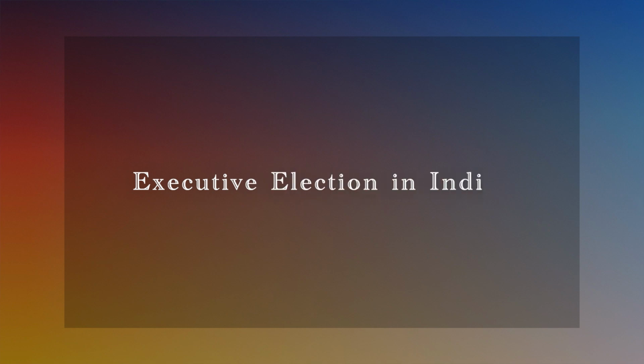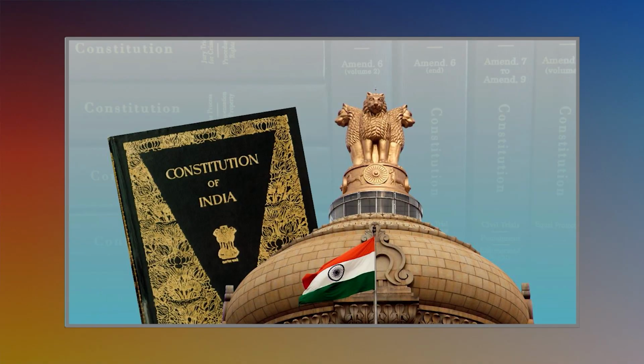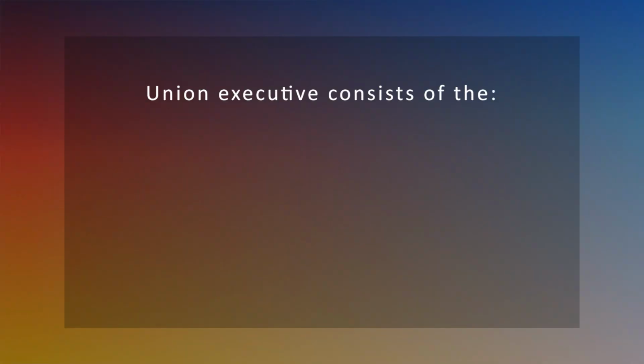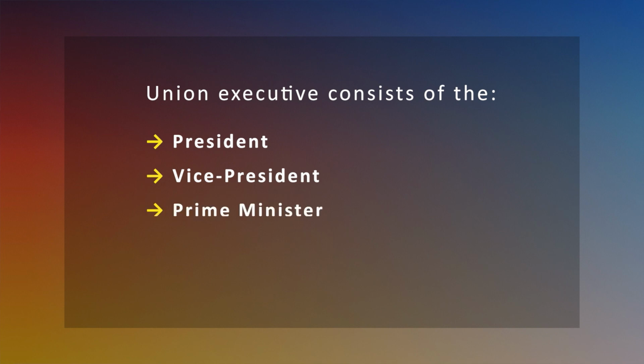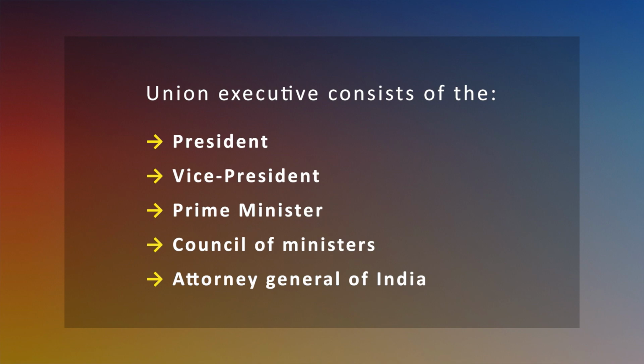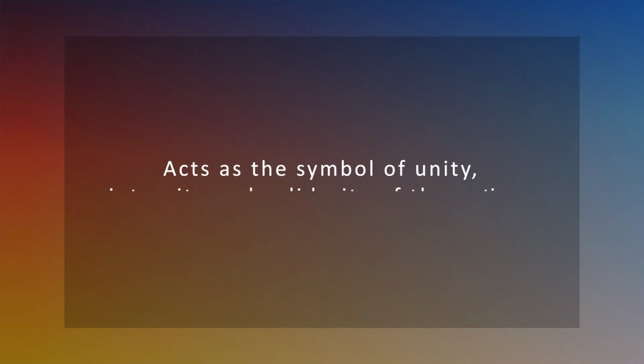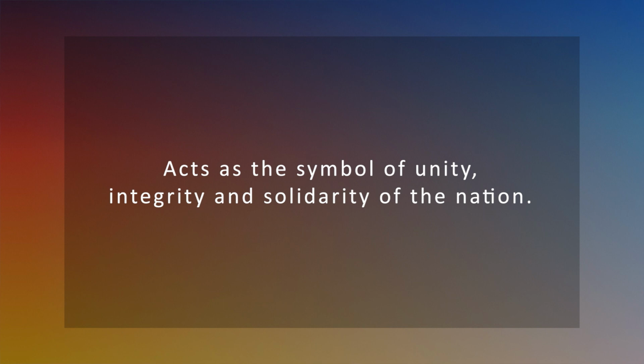Executive election in India. Articles 52 to 78 in Part 5 of the Constitution deal with the Union Executive. The Union Executive consists of the President, the Vice President, the Prime Minister, the Council of Ministers and the Attorney General of India. The President is the head of the Indian state. He or she is the first citizen of India and acts as a symbol of unity, integrity and solidarity of